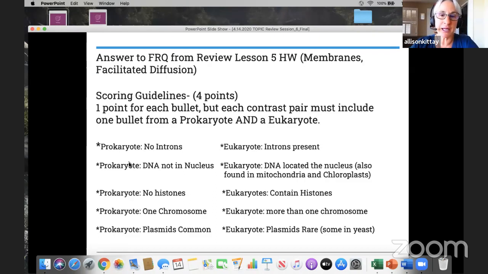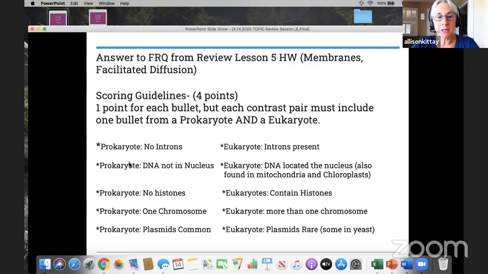So first, let me explain how this was scored. This is worth 4 points. You got 1 point for each bullet, but you had to have each pair, right? You had to have a bullet from a prokaryote and a eukaryote in order to earn that point. So I think you'll see what I mean when I go over this first one. So if you talked about no introns being present in prokaryotes, you also had to say that introns are present